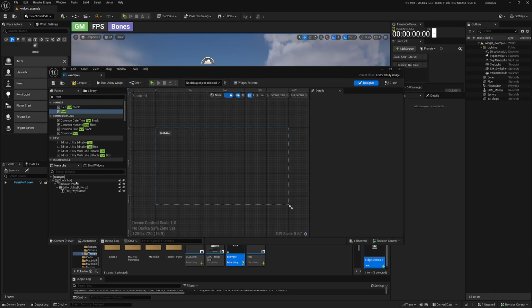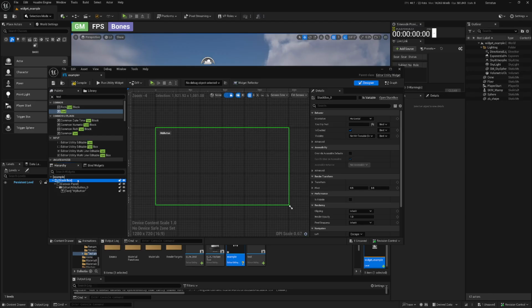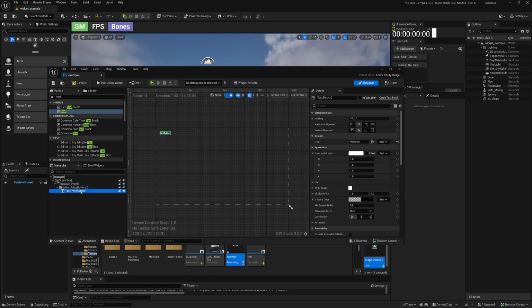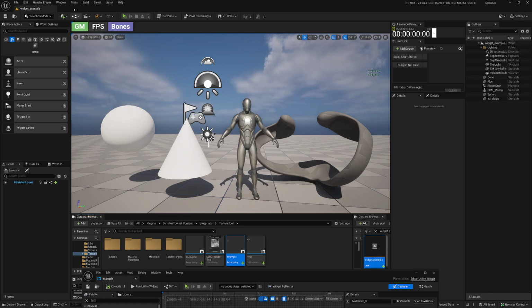And so there's the form that we picked when we set this thing up, the canvas panel I added, the button, and then the text on top of it. So all super straightforward. I can compile this thing, I can save it, and if I go up to my